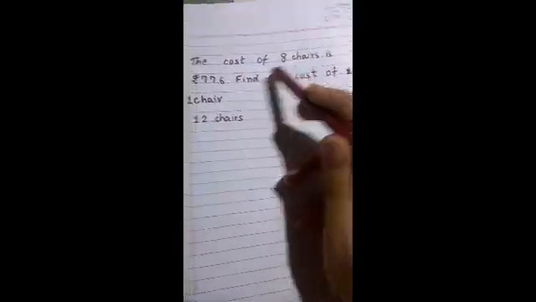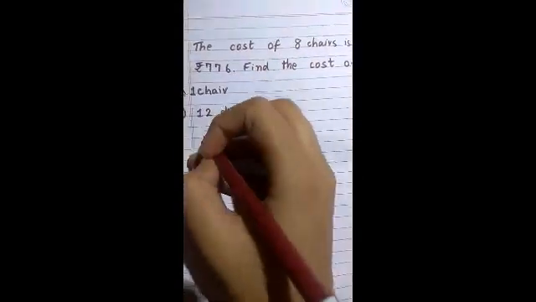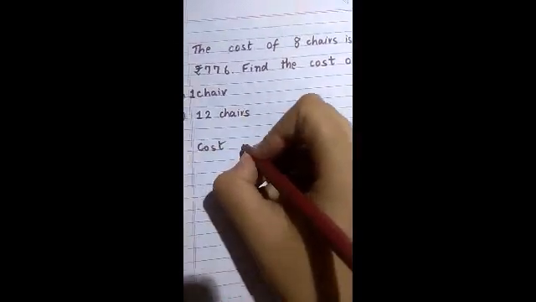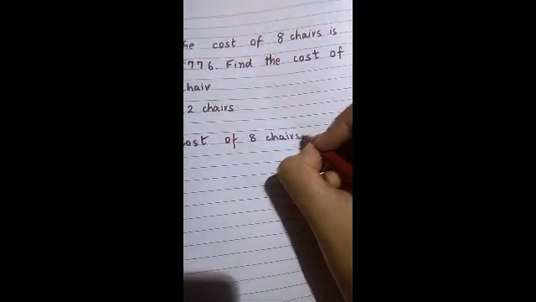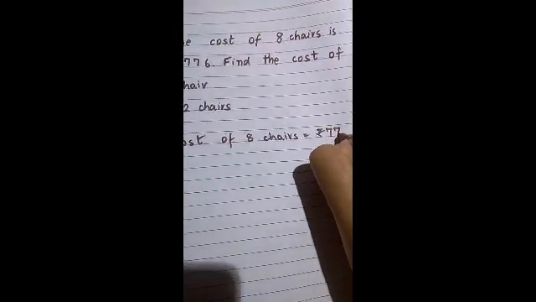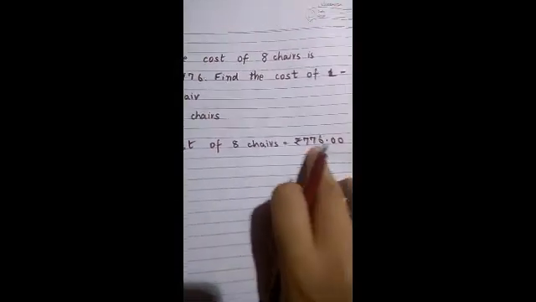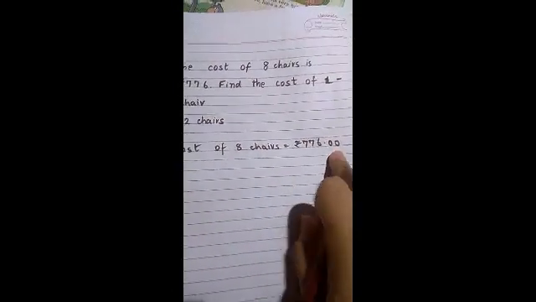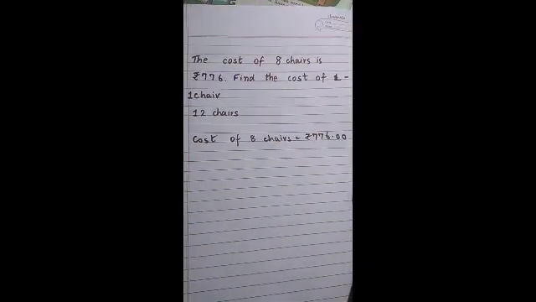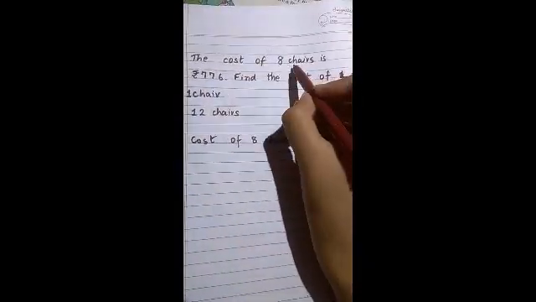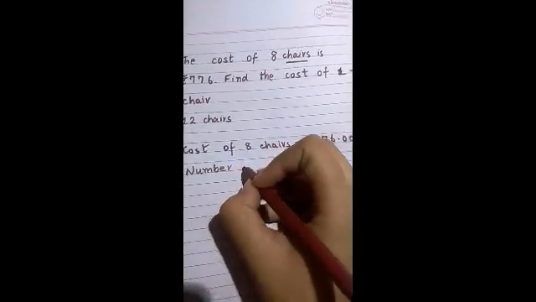So number of chairs, again 2 things that you have been given. First is the cost of 8 chairs. So first statement I will write down. Cost of 8 chairs. 8 chairs का cost हमको दे रखा है. What is the amount? Rupees 776. Now if no पैसे is given, अगर कुछ भी पैसे नहीं दे रखा है, इसका मतलब 0 पैसे. So you can write it like this. 776 rupees and 0 पैसे. Okay? अगर पैसे का amount नहीं दे रखा है, then you write it down like that. Then the next thing is chairs. What are we talking about? Chairs. Number of chairs.